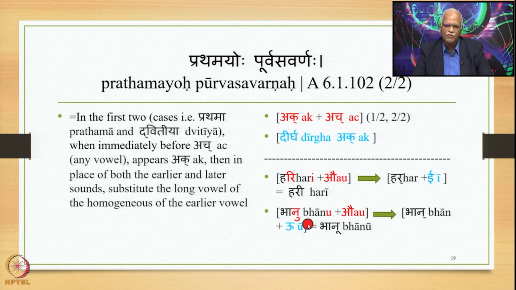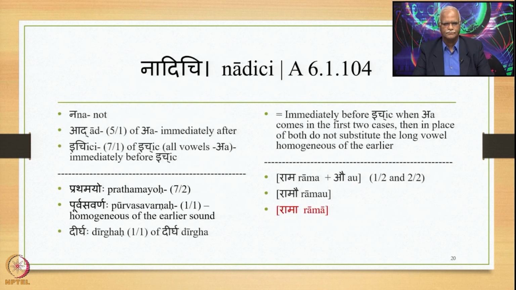Generally, this is the scope of application of Iko Yanaji, but this is cancelled by Prathamayo Purva Savarnaha, and we get in place of both U and Au the long homogeneous vowel of the previous sound, that is U, that is Bhanu, as the output generated. Prathamayoho Purva Savarnaha. The negation of this is stated in this particular sutra